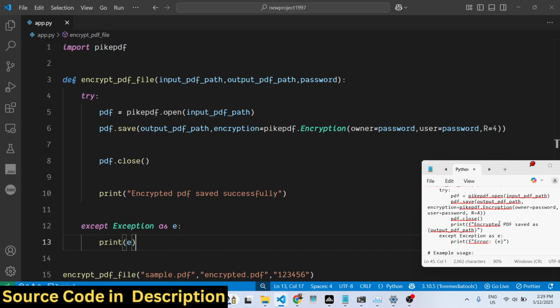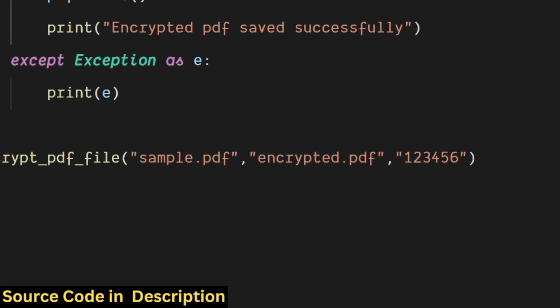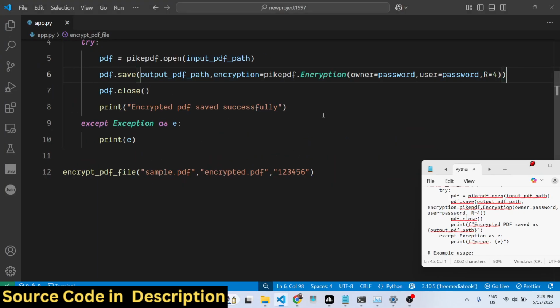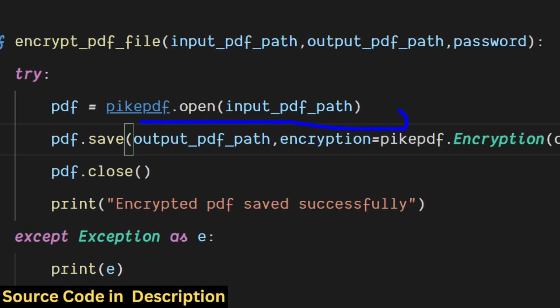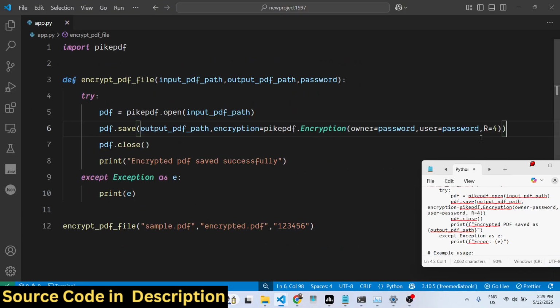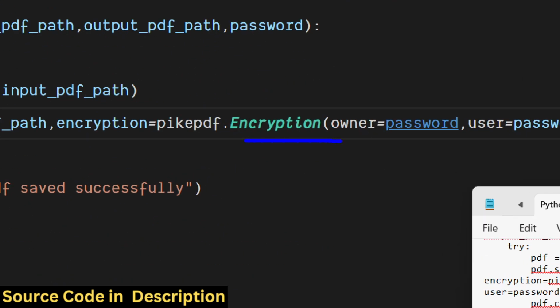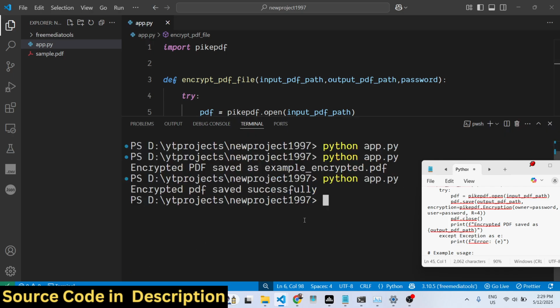So this is a very simple application. We simply require the package, then we declare the input file name, then we create the output file name, then we provide the password, and right inside this function we use the open function first of all to open the PDF file, then we call the save function to save the PDF file with the encryption, the password that you pass. If I try to execute this now, you will see on the left hand side